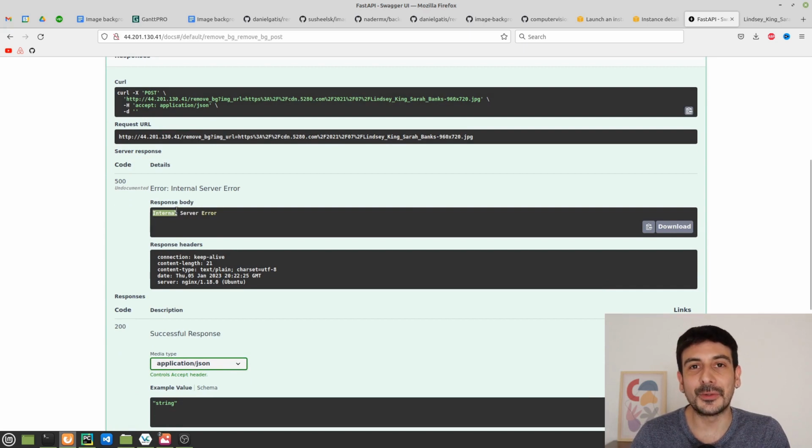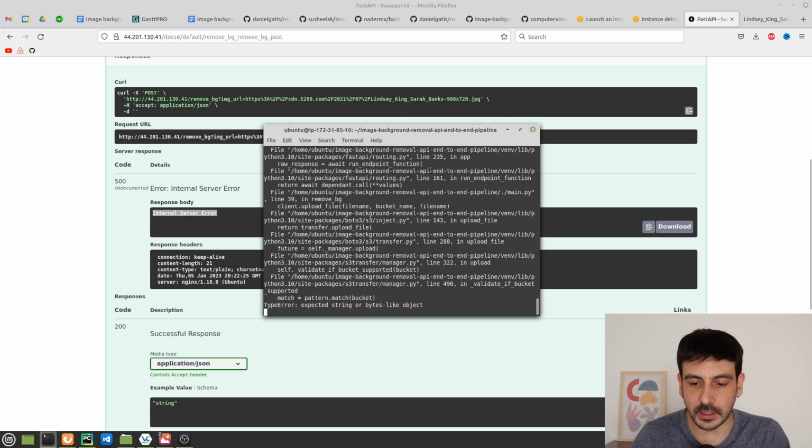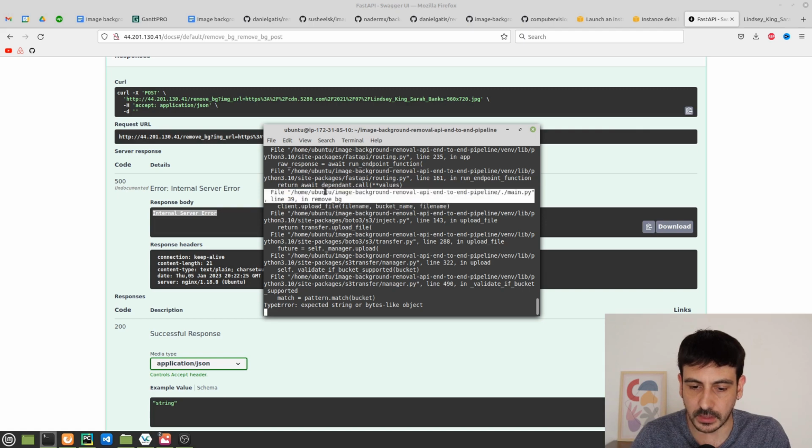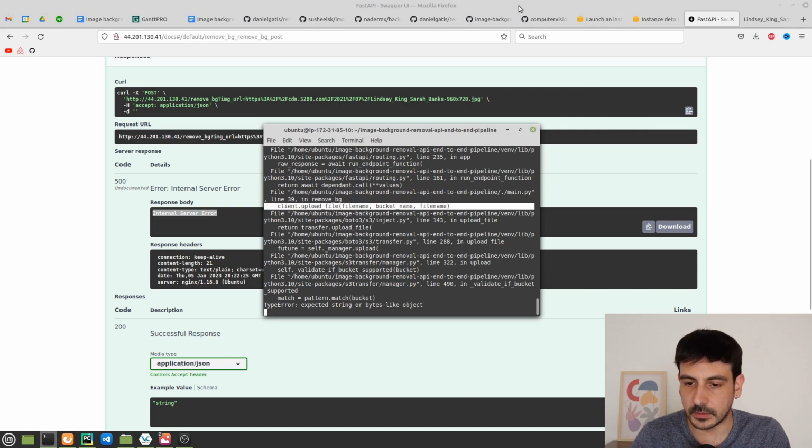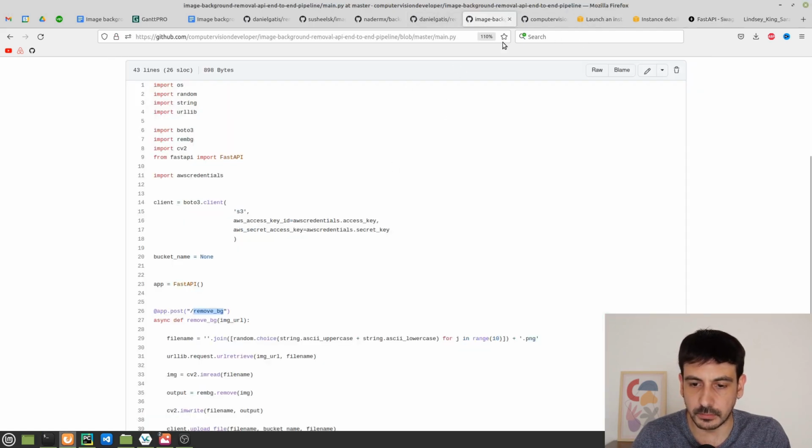And we got an error, obviously. So this is exactly why the testing is needed, because sometimes there are some things going on. So let's see exactly what's going on. I'm going back to the terminal in which I have launched this app, and it seems the problem is in line, let's see, here, which is line 39 in remove bg. So if I go back to main,